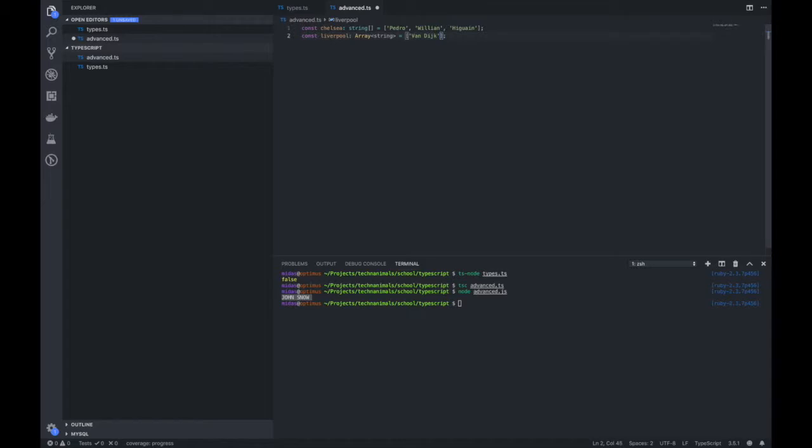We have Van Dyke there. Then we have Mane, and then we have Salah, and that's our team. So we have Chelsea, which you told TypeScript that this is a type of string in this way,